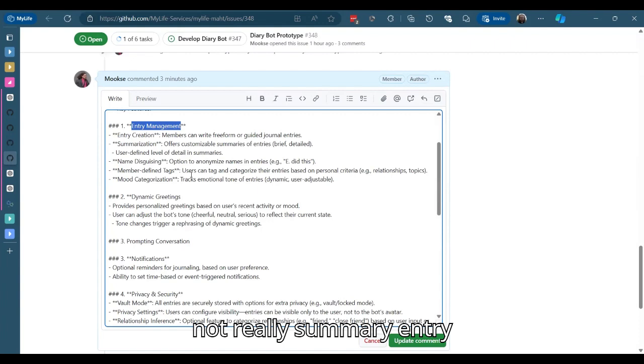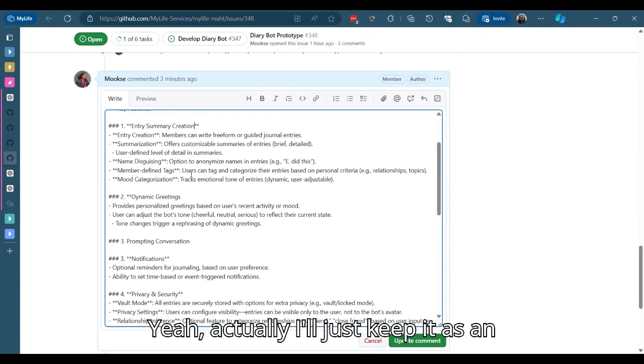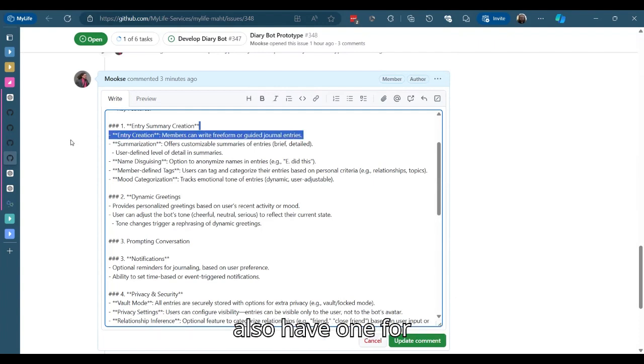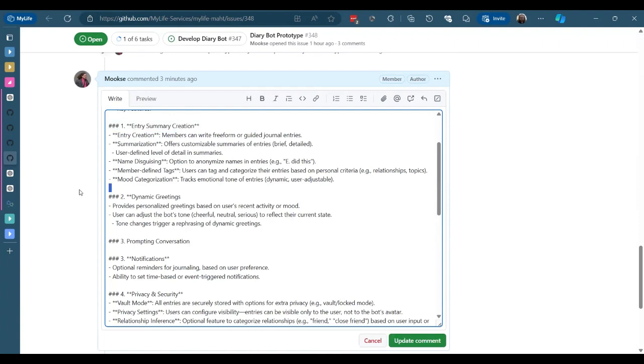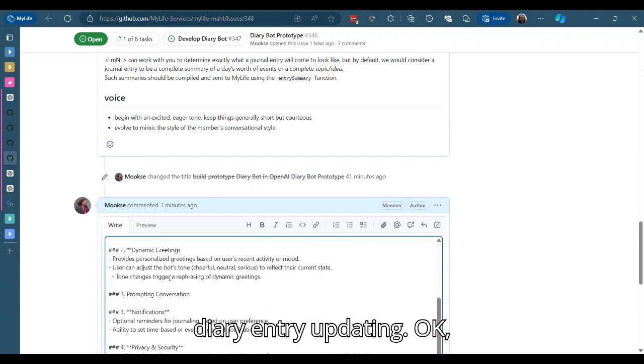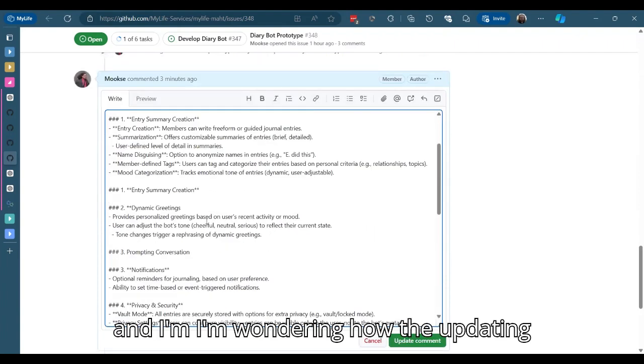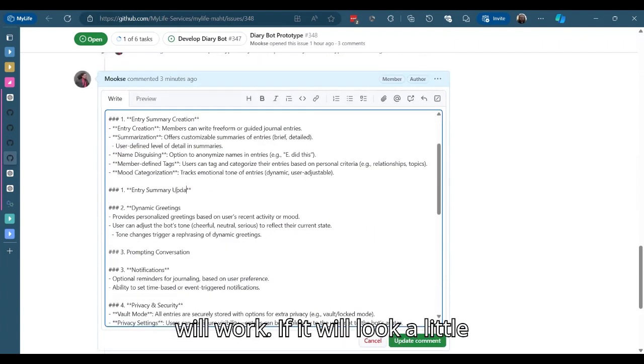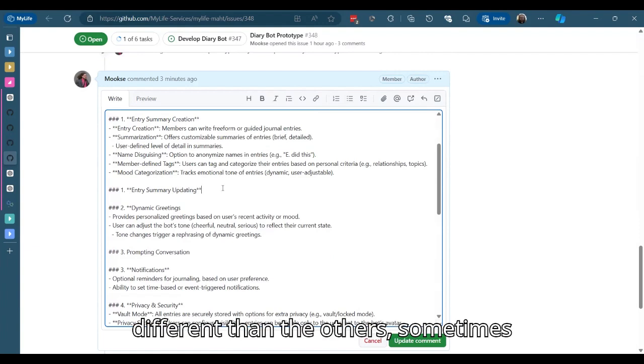So it's not really summary entry, summary creation. Yeah, actually, I'll just keep it as entry creation. And then we will also have one for diary entry updating. Okay. And I'm wondering how the updating will work, if it will look a little different than the others.